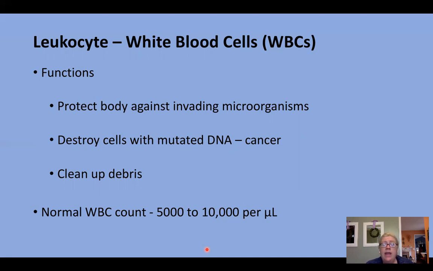A normal white blood cell count is about 5,000 to 10,000 white blood cells per microliter. There are 1,000 microliters in a milliliter, I believe. So a microliter is about a drop. So if you were to pick up an eyedropper and one drop of water, that is around a microliter. So 5,000 to 10,000 per microliter. If you have